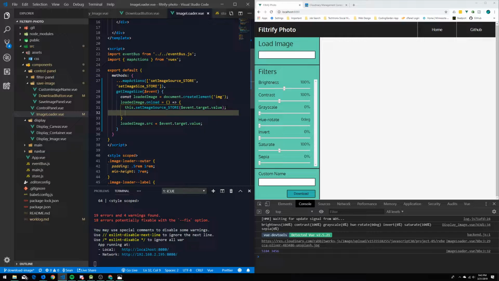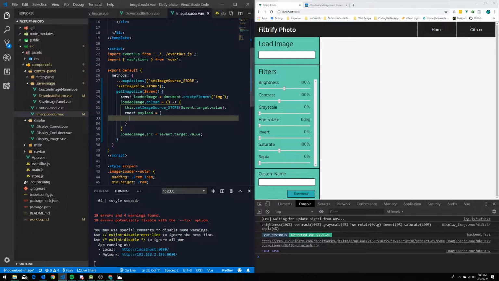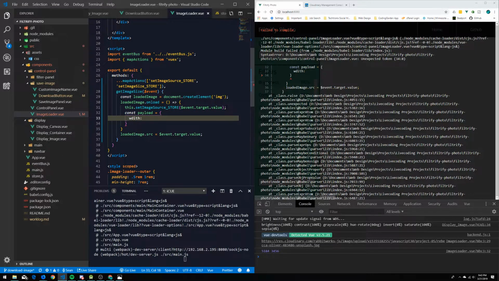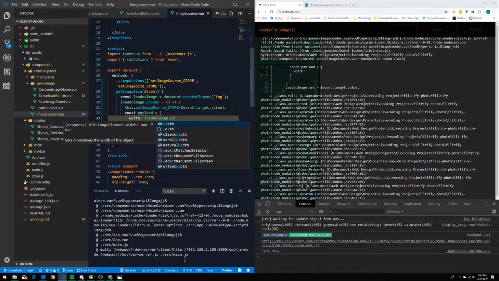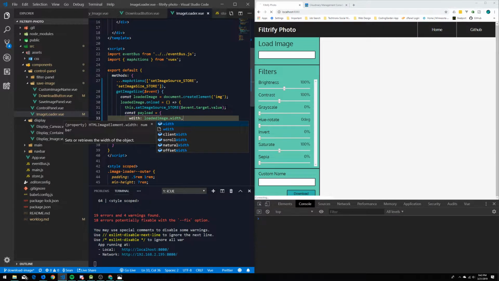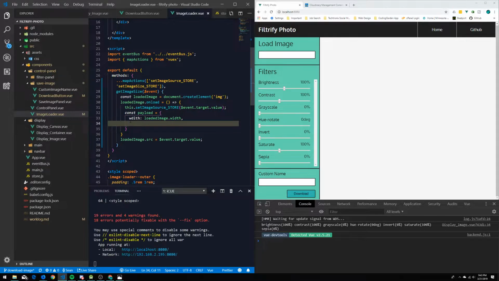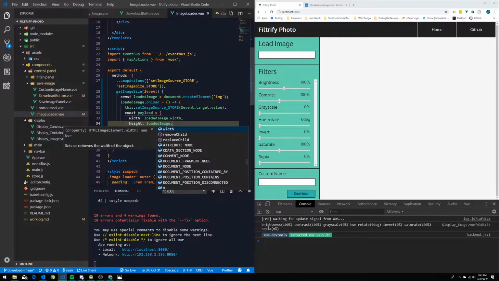So we'll just say const payload, and it's going to be equal to an object, and in there we'll have our width property, and it will say loaded image dot width, just like we were console logging it. Whoops, we need to make sure we spell width properly, otherwise we will have errors, or just nothing will load. And then the next property we want on there is height, and it will be loaded image dot height,